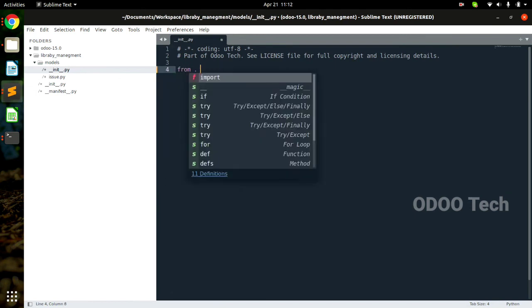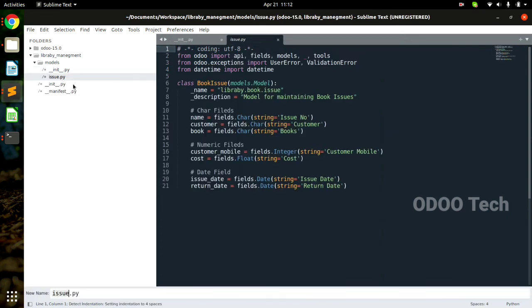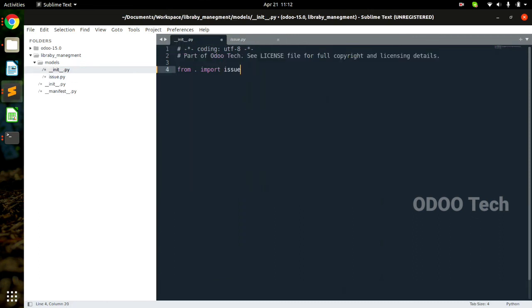So from dot import our file name, which is issue. Always have this habit to copy, don't try to write it, because sometimes because of spelling mistakes it doesn't work. So I'll write issue, but I introduced it in this init file. We have to listen from the main init file.